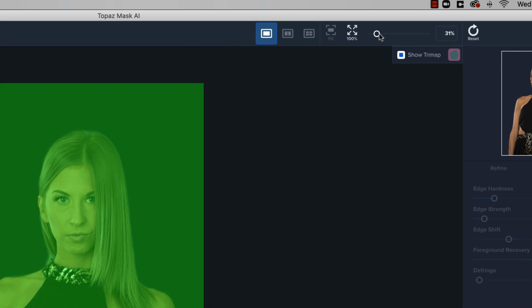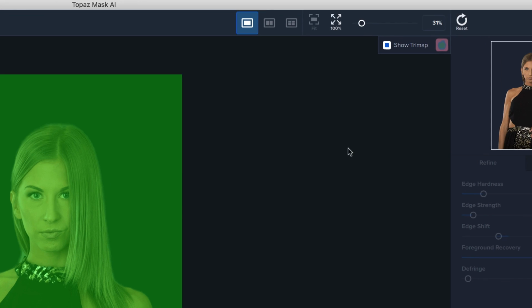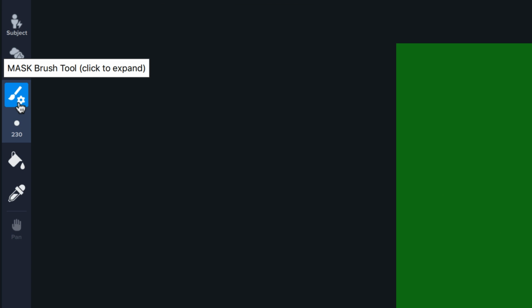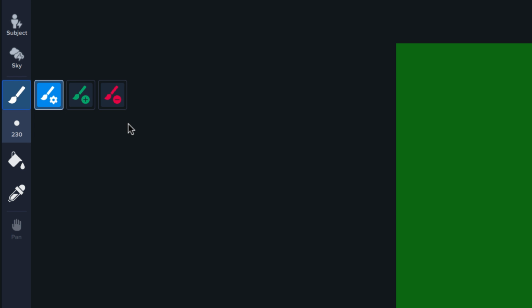You've got some preview options up here, how you want to look at it, as far as filling the screen or enlarging it, things like that. And then over here we've got some tools that will allow us to fine-tune the mask once we get it in place. So let's take a look first at this brush, and if we click here, it gives us three options, and basically Topaz has what they call a tri-map, where there's three different colors: blue, green, and red. And basically green means you're going to keep it, red means you're getting rid of it, and blue is the